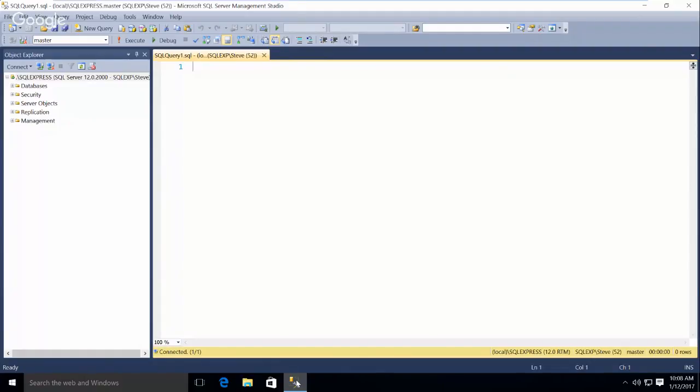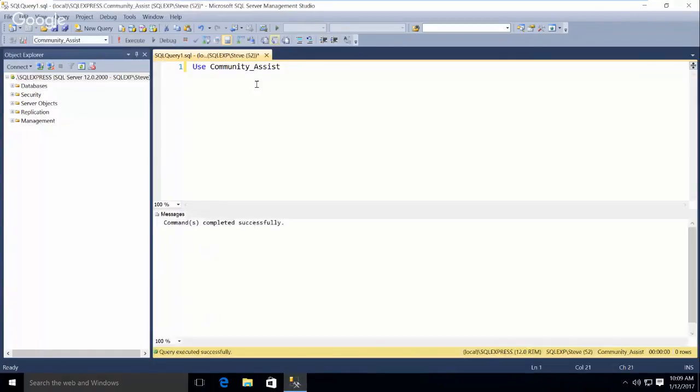So the LIKE, when you're looking for a pattern, I'll do a real quick example and then execute.